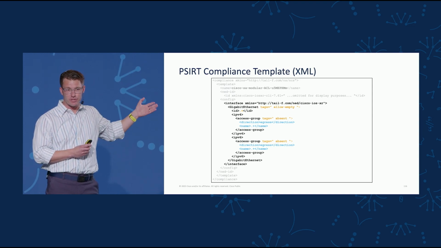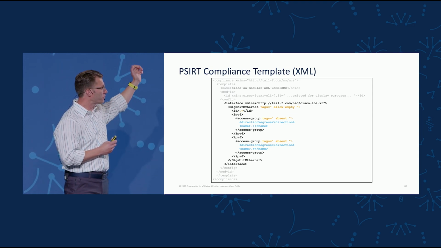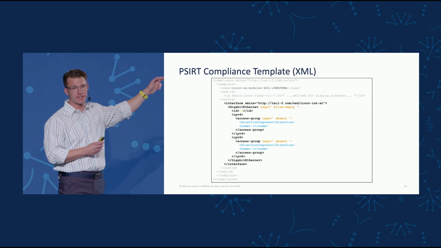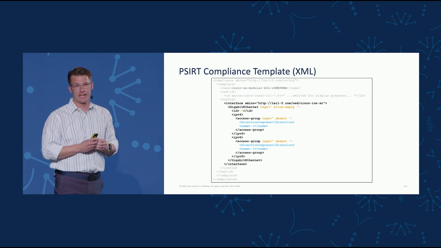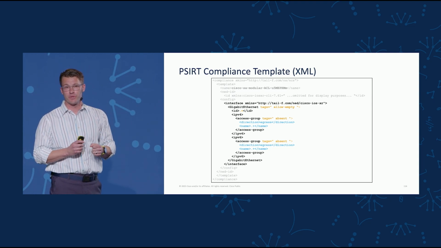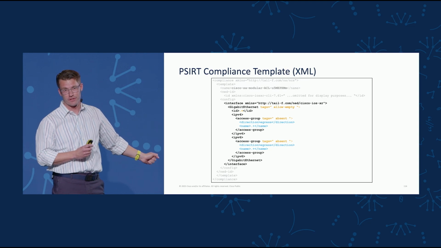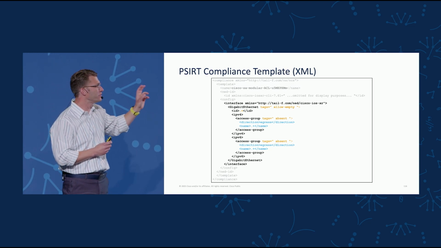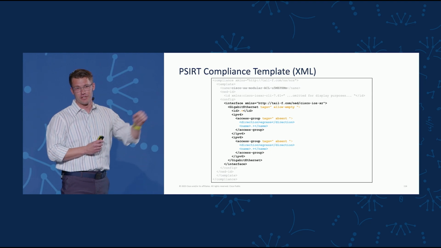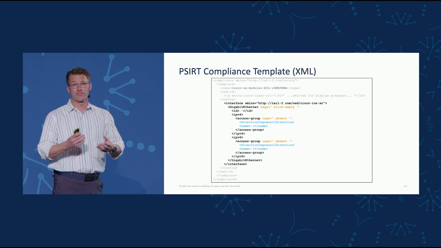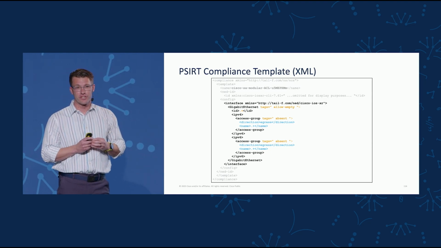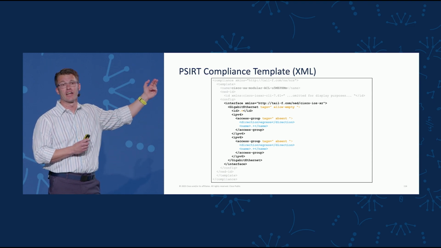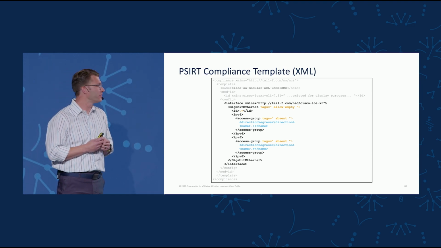So to build this template, we first define interface and then GigabitEthernet. If there's other types of interfaces we have, we could enumerate those here. For this example, we'll stick to GigabitEthernet. And notice we're using the tag allow empty. Our intent isn't to enforce that GigabitEthernet exists, but if it does exist, let's keep going with our compliance.